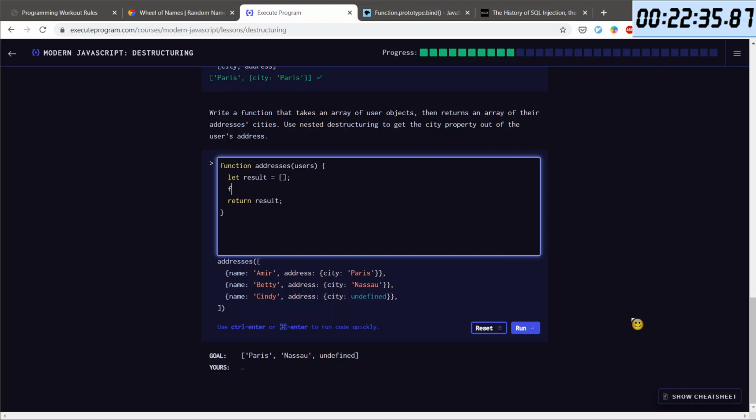So for user of users, we will do stuff, and that stuff will be appending the city of the user. So we want result dot push, and here we will be pushing